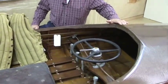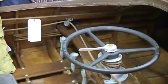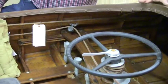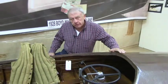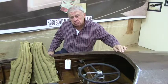And I noticed the cable is actually rope. It's rope, and it has wire inside of it. Oh, it does? They typically used that even right up through the early 50s. Oh, okay. All right. Now, interesting, this guy Boyd Martin, he was always experimenting with things, and I read